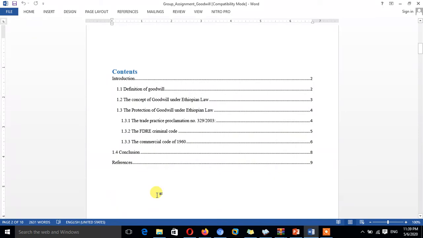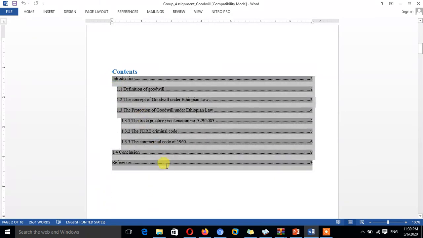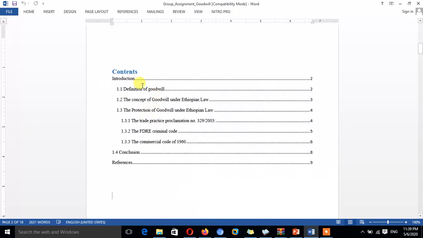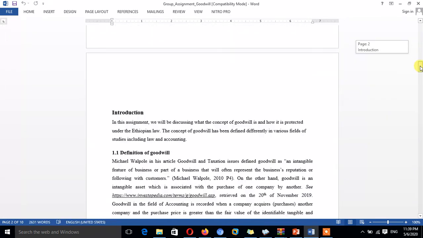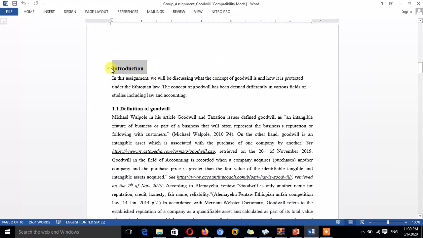In order to automate the creation of a table of contents like this, we need to use these headings, say introduction and the other headings we have in our document. We need to follow Microsoft's heading styles in order for Microsoft Word to create a table of contents for us. For example, for this introduction heading to appear in the table of contents, I have to select it and go to